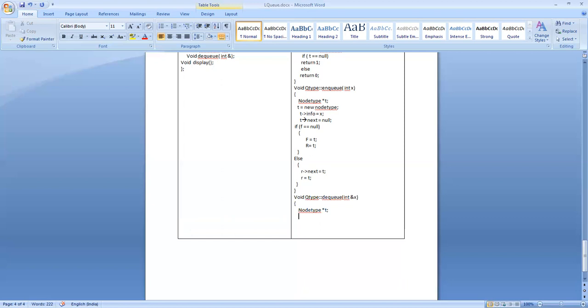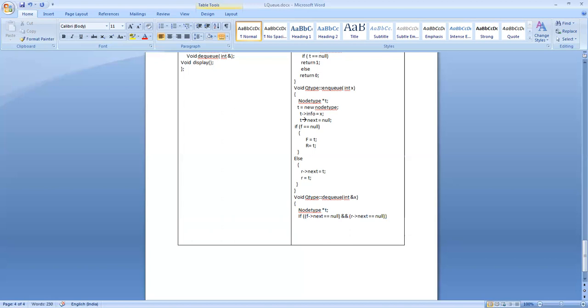So you check: if front next is equal to null and rear next is equal to null, it is a single element queue.